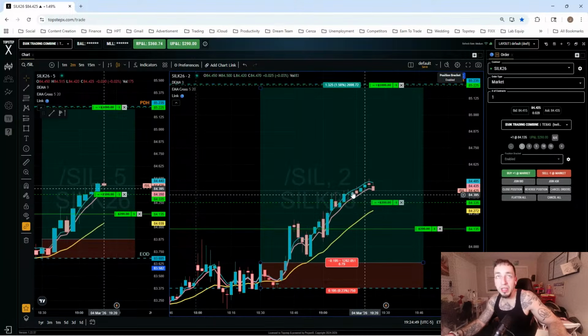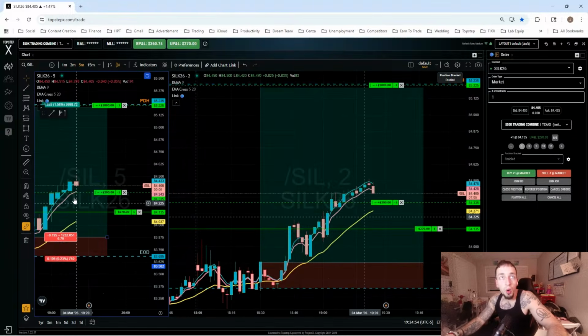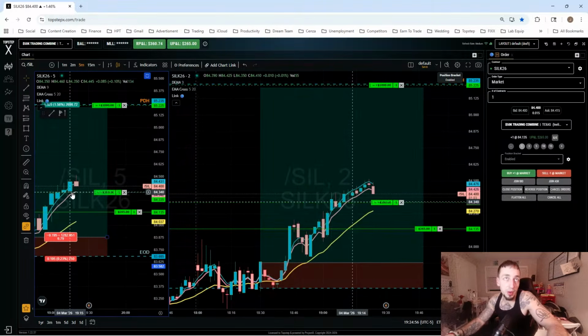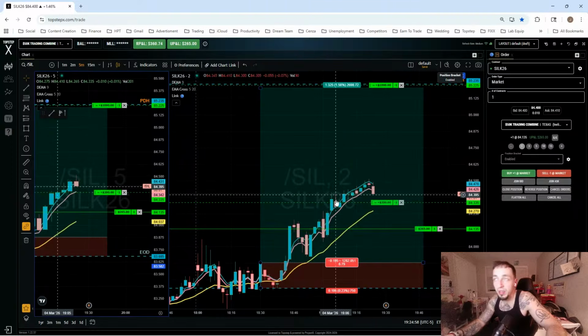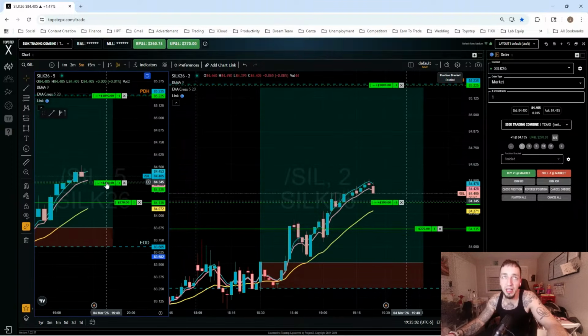If this candle breaks the 5, I might hop out, because that tells me something's changed. Or I could be like, hey, which one do I want to play? Do I want to play the 5-minute 5, the 2-minute 5? There's a lot of different options, and it really depends on how large of a move you're actually trying to get.